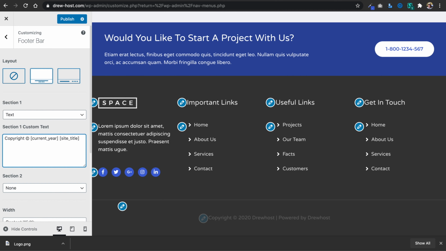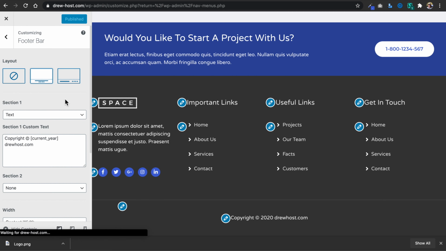powered by, which is where a web designer would take credit for designing the website with a backlink to their own. And we'll just leave it as copyright, and then the year followed by the website address or the name of the company. And we can always remove the site title if we want it to be lowercase or different from the site title text. So once we have that to our liking, let's select publish, and let's move on to the next setting,